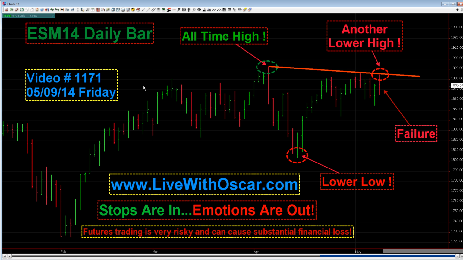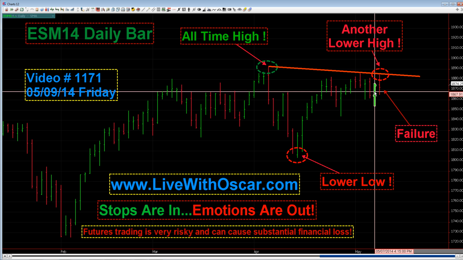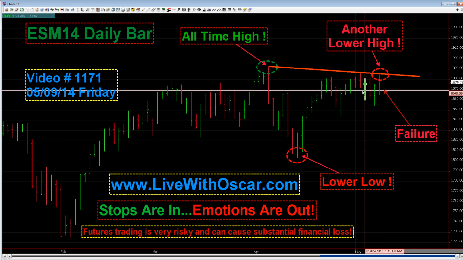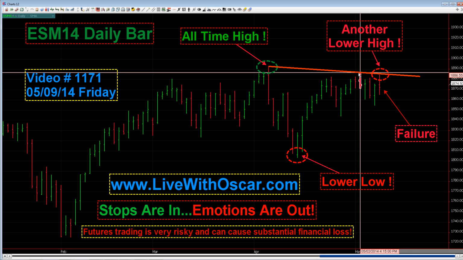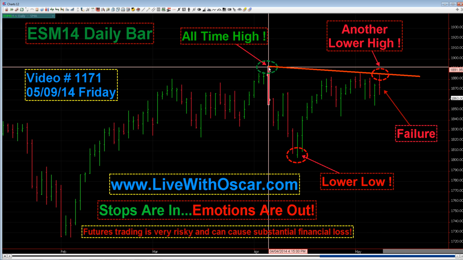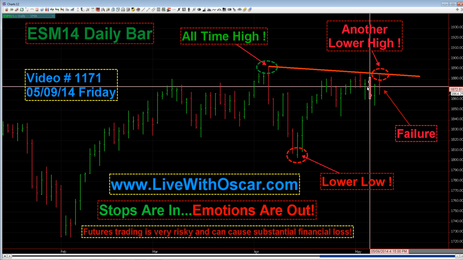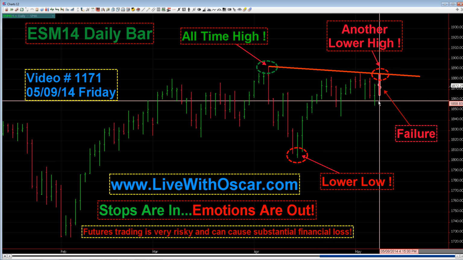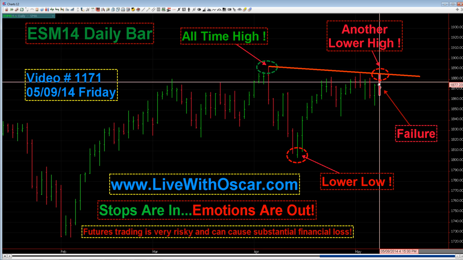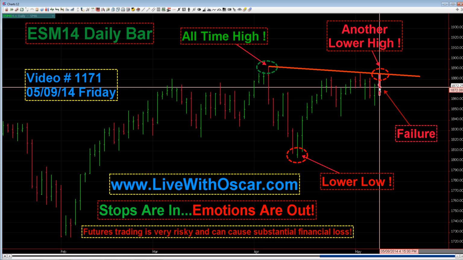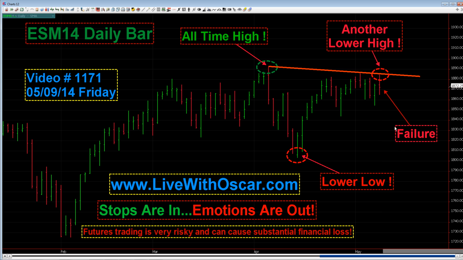All right, so here we are. ESM Daily 14, the daily bar chart for trading on Friday. What do we see? Traders, we ran into the same thing that happened 5 days ago, a failure trying to get up to the previous highs, turns around, settles down, and then drops the next day. Well, here we are, a failure at the line, drops all the way down to almost the lows and settles at the lower quadrant. That is a failure, but there is more.